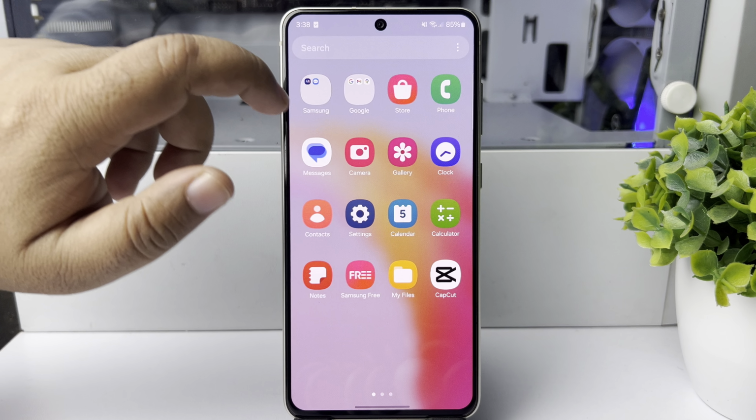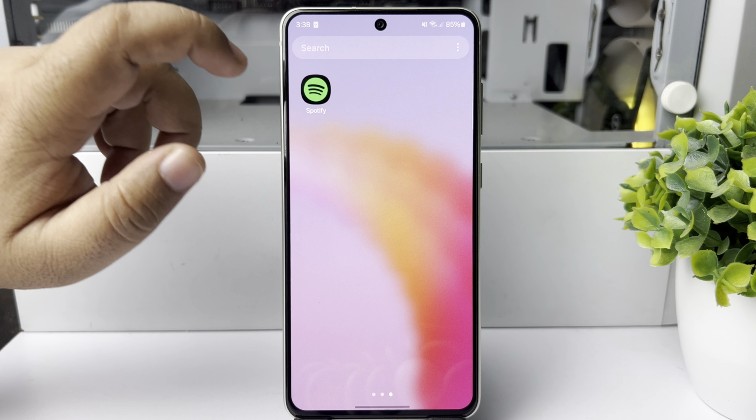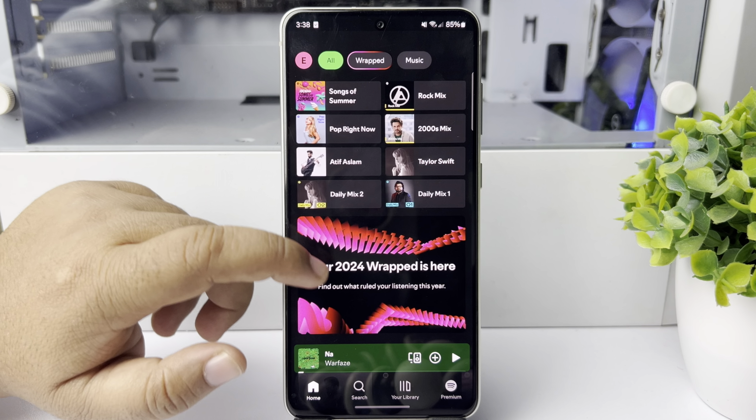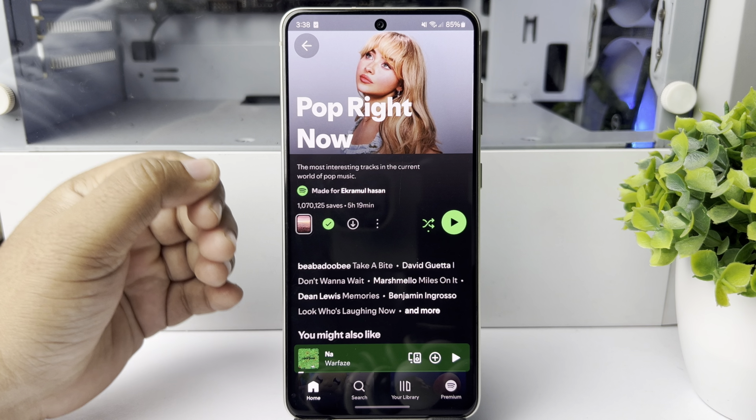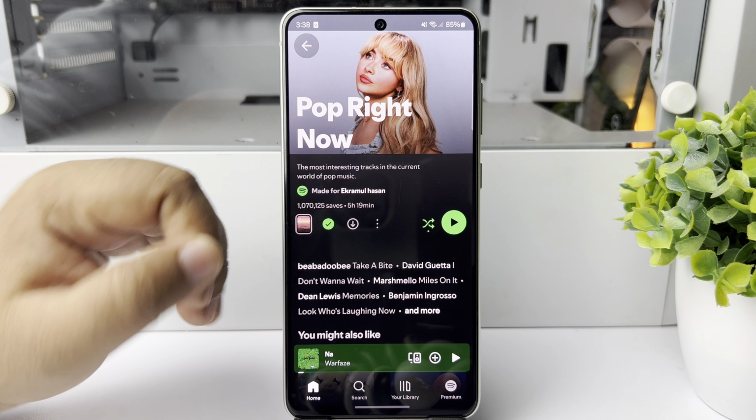And here I will show you how to download songs in Spotify. Let's open a song first of all, and now to download any song in your Spotify app, just tap on